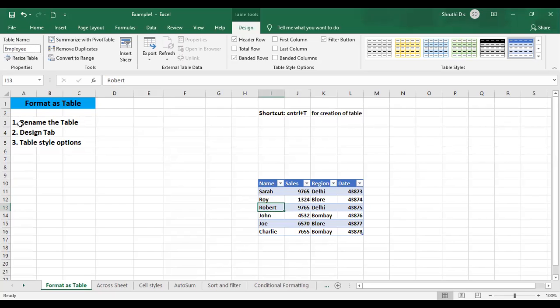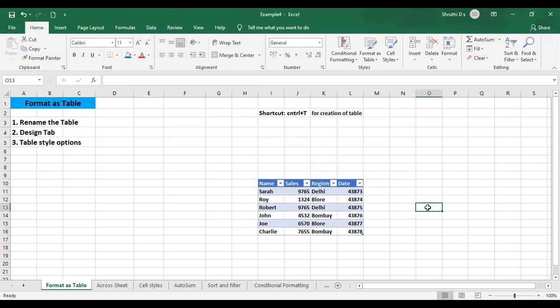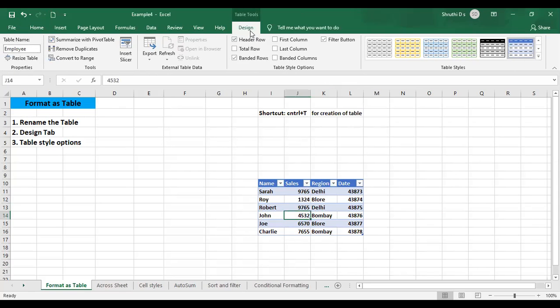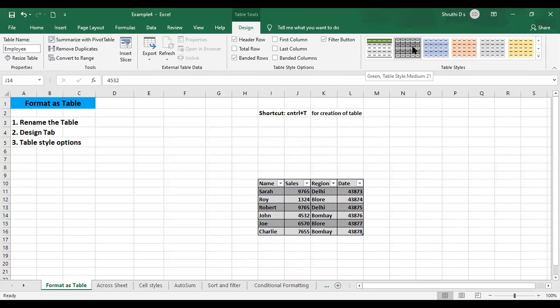So that is how you can rename the table. As you can observe, if I place the cursor anywhere outside of my table, there is no design tab available. Once again, I click on the table and the design tab automatically appears. This is how I can insert a table. If you're not happy with the designs, on the right-hand side there are table styles; you can go there and select different designs available for you. Based on your requirement, you can change it. I'll click on this and take any other design.